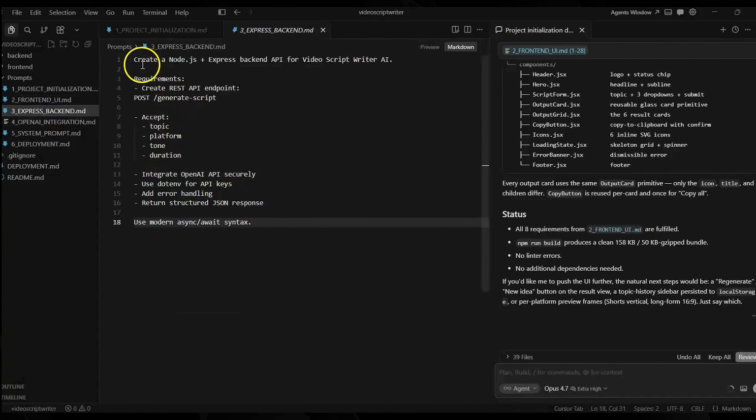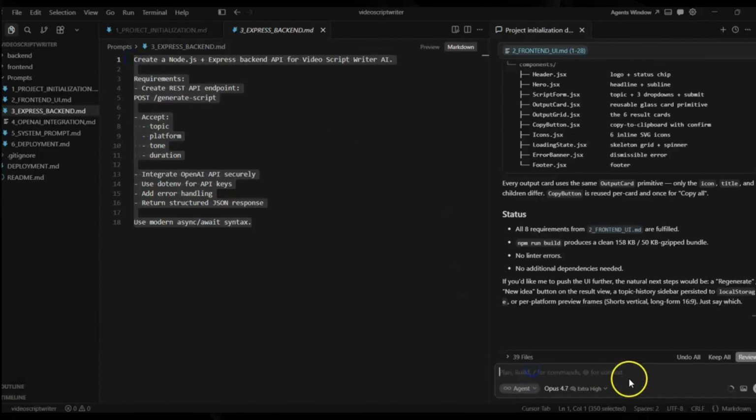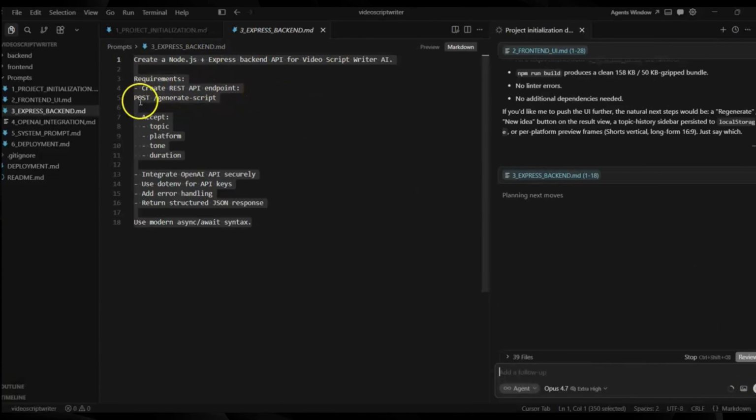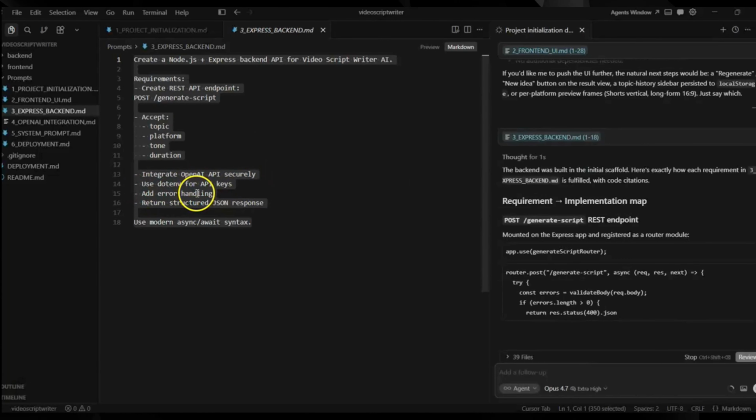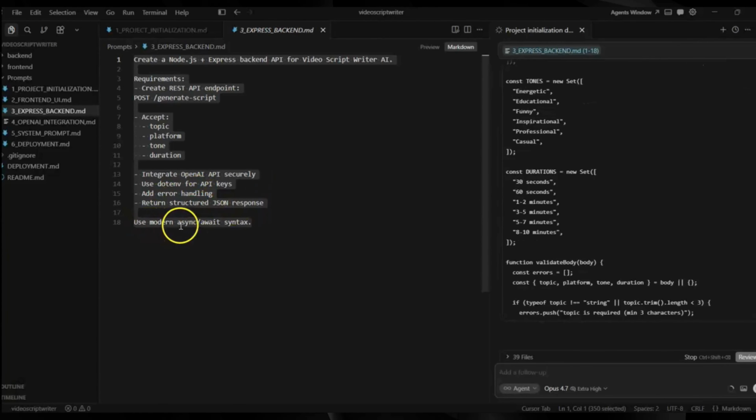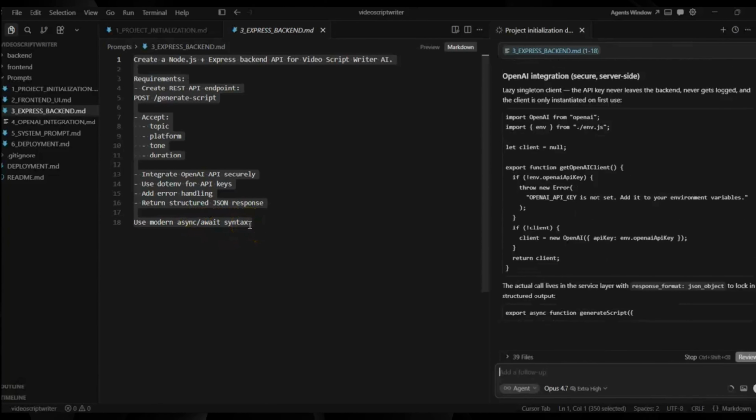Now let's build the backend of the application by using the prompts. This is where the actual AI workflow happens. We are creating an API that accepts the topic, platform, tone, and duration selected by the user. The backend then sends the information to OpenAI and receives the structured result from OpenAI, like titles, hooks, script,